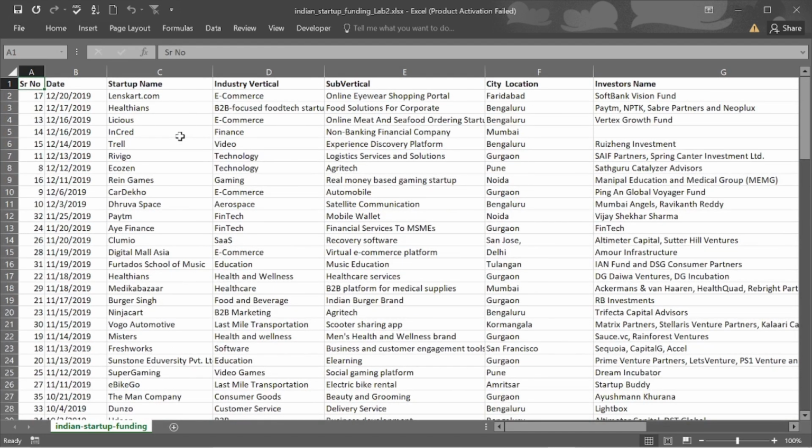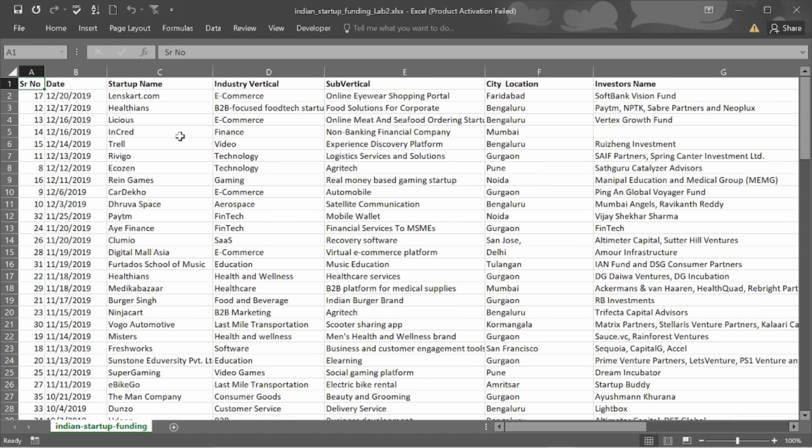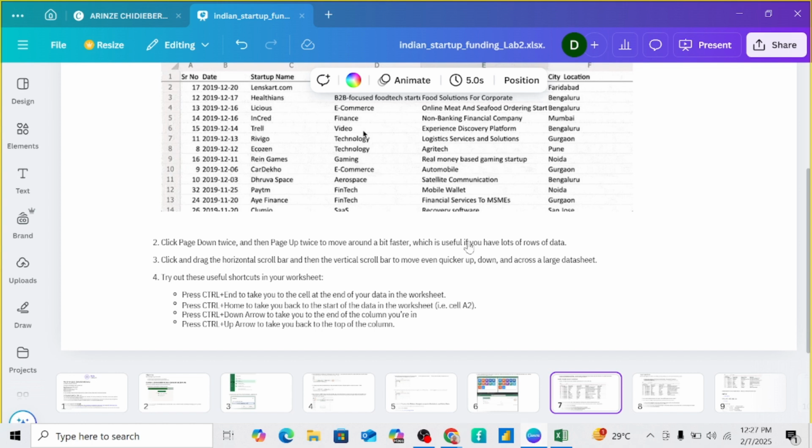And if you want to move left, maybe to the last column, the same thing: Control plus the right arrow. If I want to move to the end of the column, Control plus the left arrow. This is how you can use the Control button as a keyboard shortcut to move around faster and quicker. Okay. So the next thing we will do is,